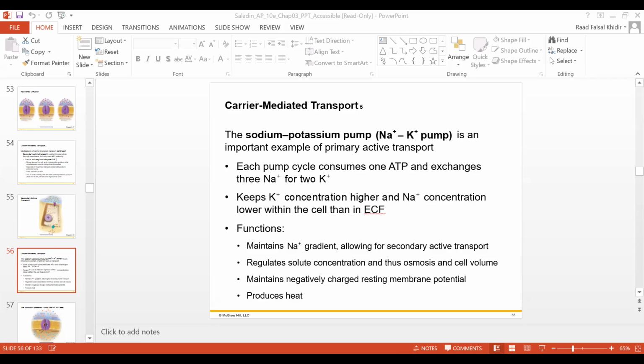potassium channels. We depolarize by opening the sodium channels. We repolarize by opening the potassium channel. We don't need to know the action potential now. But what we need to know,